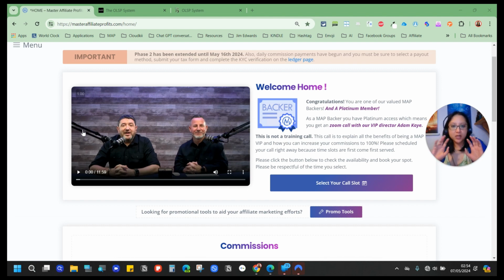MAP is really cool because I like the layout. It's more simple, it's more straightforward. There's lots of various different trainings. Here it's got more about blogs, video marketing, blogging. OLSP also has list building. It also has some video training. It's lots of really cool short trainings that include, if you are in VIP, which is the highest level, well, the higher levels than that,